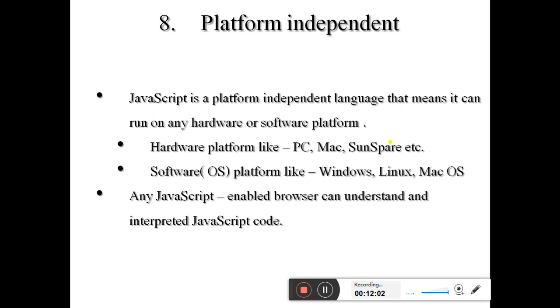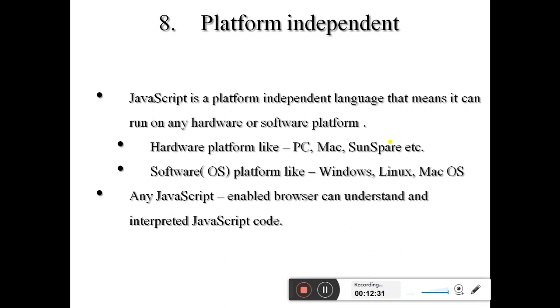So it may run on any hardware platform, like PC, Mac system, Sunsphere, etc., as well as on any operating system, like Windows, Linux, Unix, Mac OS. So JavaScript is supported by all hardware and software platforms.